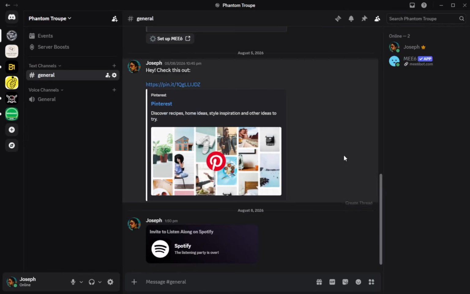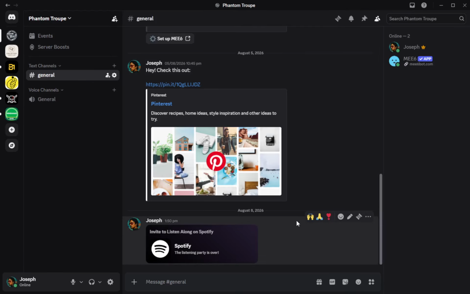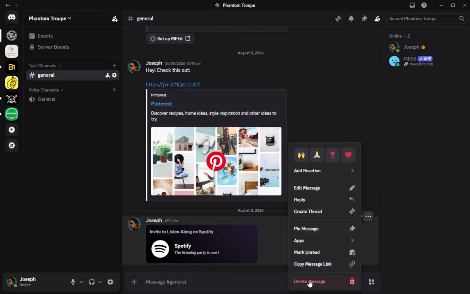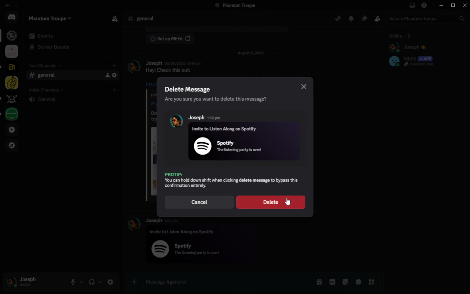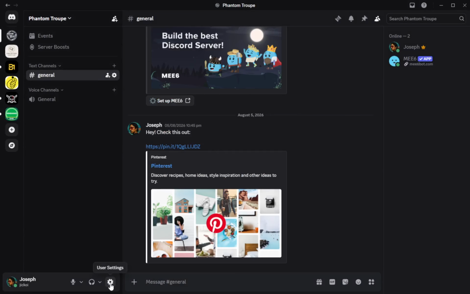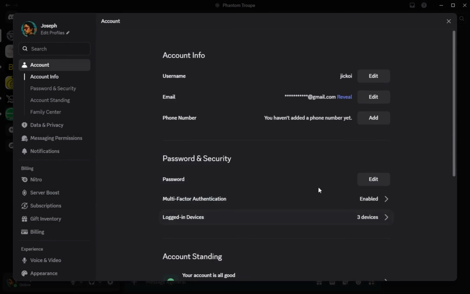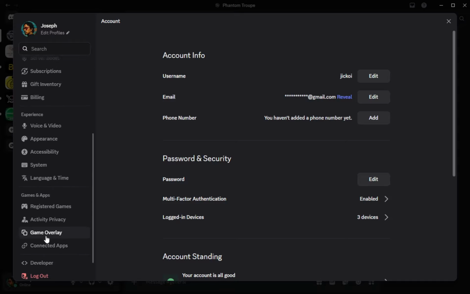Once Discord loads, you should see your usual servers and chats. If it asks you to log in, do that first so the rest of the options appear correctly. Now go to User Settings. On a computer, this is the small gear icon near your username at the bottom. On a phone, it is the profile icon at the bottom bar. When you tap or click it, a long settings menu opens so you can adjust account options.